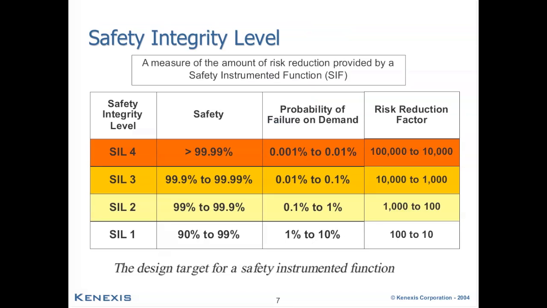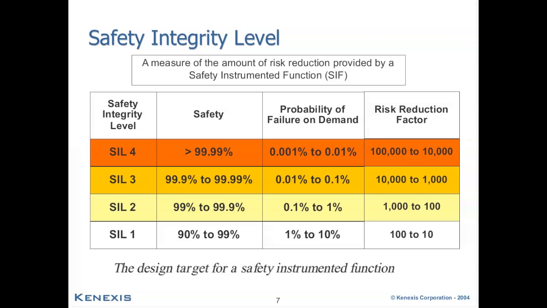To recap briefly safety integrity level, you can view safety integrity level as several bands ranging from 1 to 4, and each is a measure of the safety availability of the function. Another way to look at it is in terms of its probability of failure on demand, which is the inverse of the safety availability. And further, we can also define the safety integrity level in the form of a risk reduction factor, which takes our probability of failure on demand,